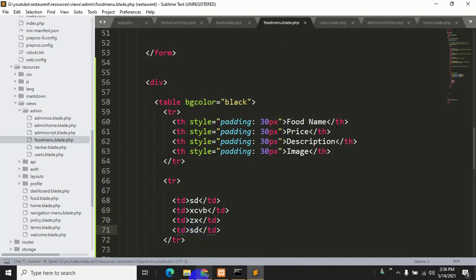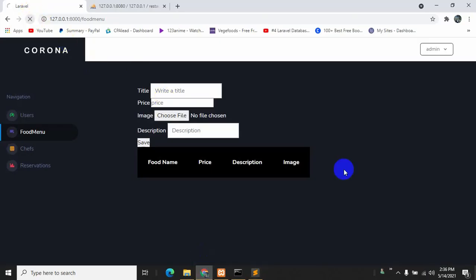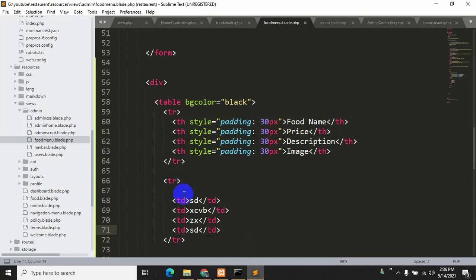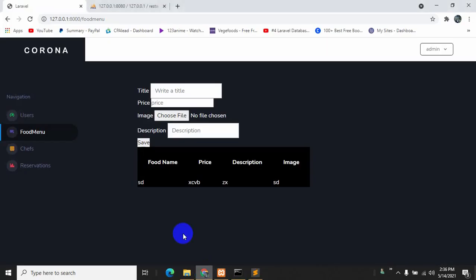Okay, let's save it, Ctrl S, and refresh. Okay, let's do a little bit more CSS. Inside this tr we'll say align center. Ctrl S, and let's refresh. Okay, everything is in the center.